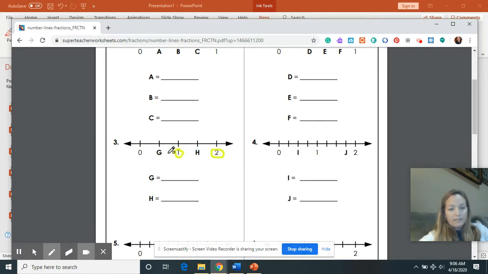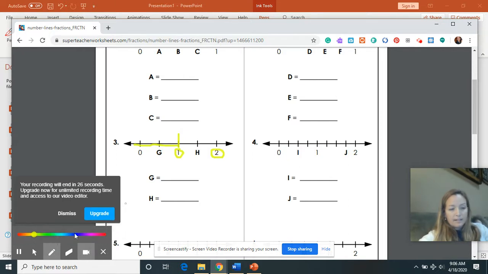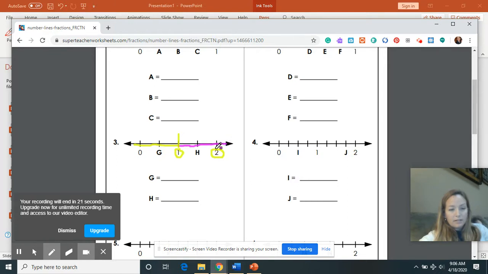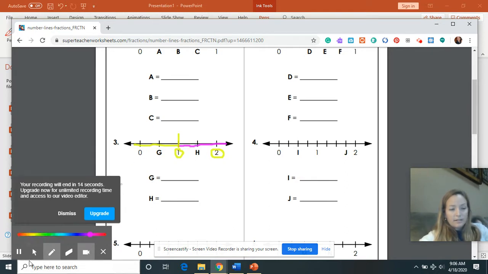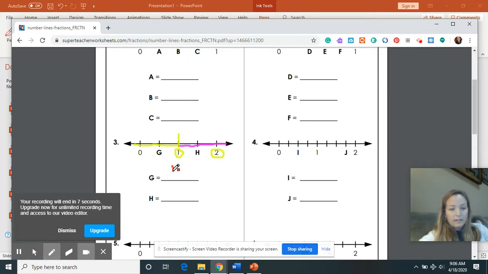Now, I'm going back to my first whole. This is like 1. And then I'll go back to this whole, which is another. And what they would like us to do is plot G and H. So this is how it would look. G would look like 1/2, and H